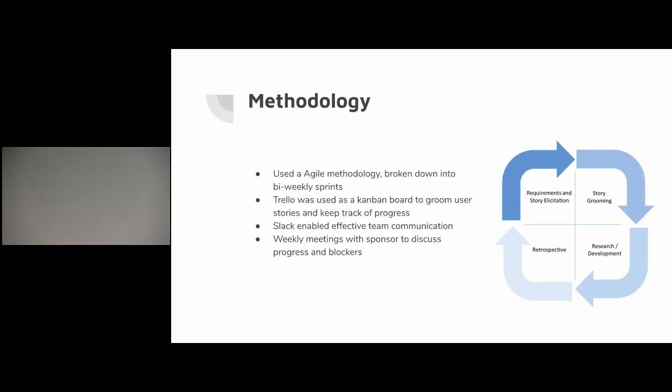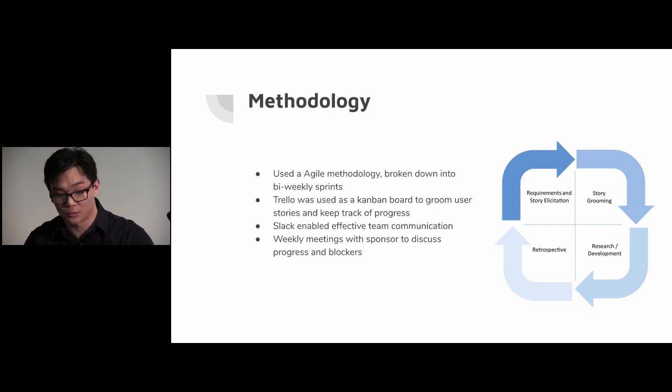All right, so shifting gears a bit. This past year, we've been using the Agile methodology. Several tools were used to keep track of everything over the course of the semester. Trello was used as a Kanban board to groom user stories and keep track of progress, and Slack enabled team communication. Weekly meetings with the sponsor enabled us to discuss progress and blockers, and our sprints were bi-weekly,